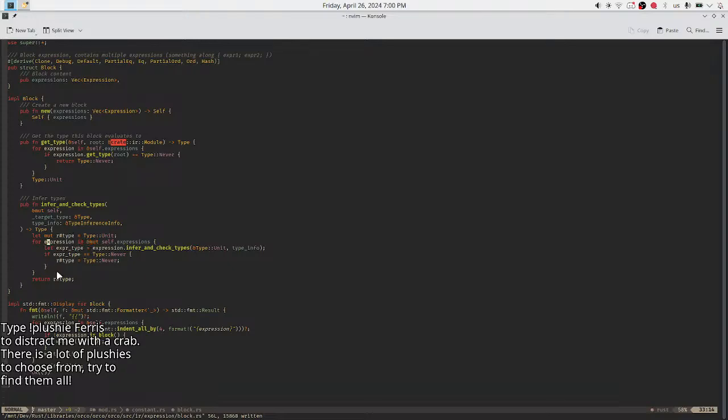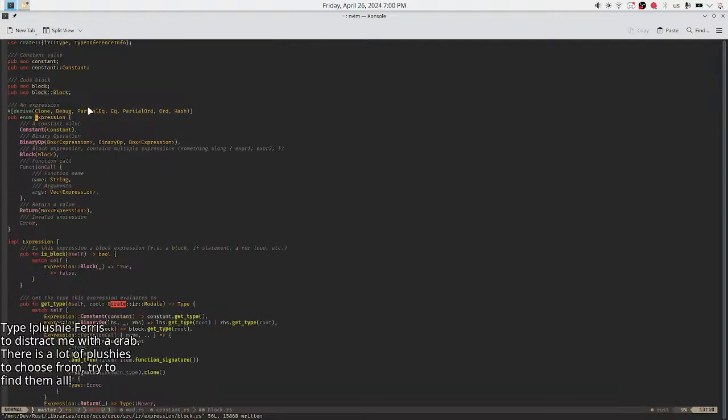I don't know how to get spans to work properly. You need a span for each of the expressions, I guess. It's gonna be so much pain to work with. An expression should contain a span, but I can't just add it to an enum.